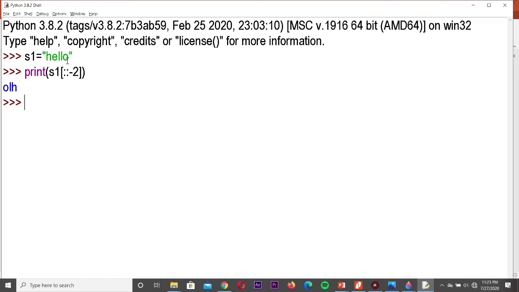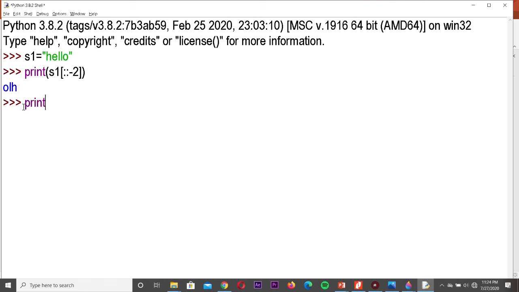Negative stride I have given. So it will start from the last character. So display the last character. What is the last character? O. Then O will be printed. Then 1 2. L first, the second L will be printed. Then 1 2. H will be printed.